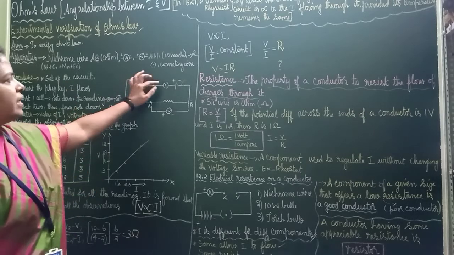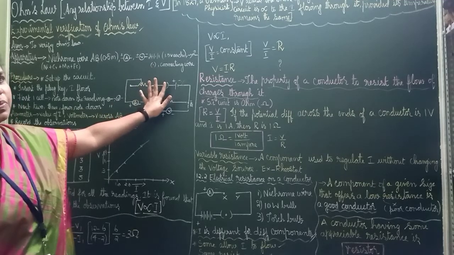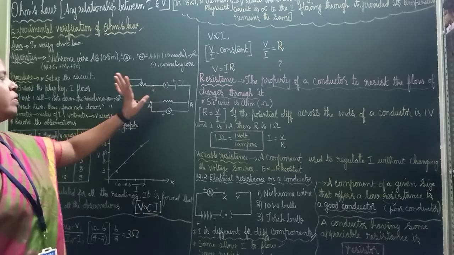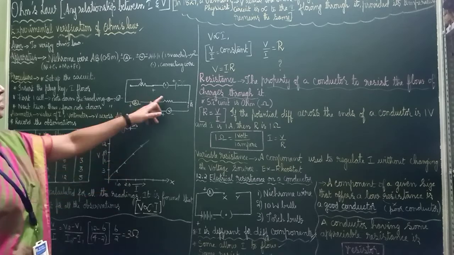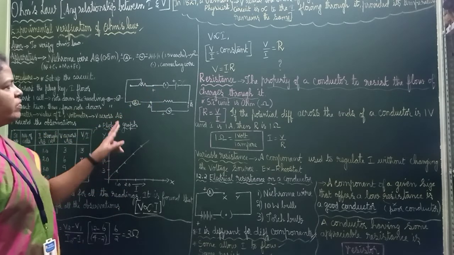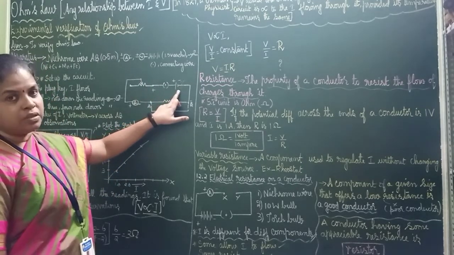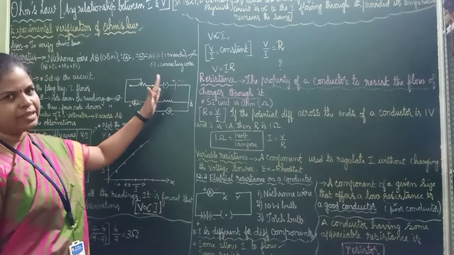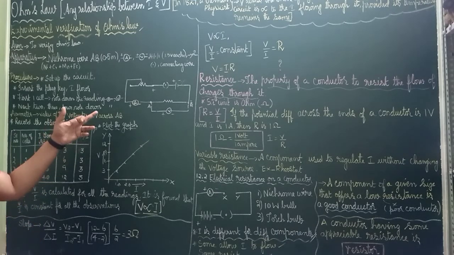Then you should insert the plug key. Usually we will not keep it connected. Whenever we want to do this experiment, we allow current to pass through, and at that time only we plug the key. Current will start flowing. First with one cell we are going to check. We will find the reading of the ammeter as well as the voltmeter. Then we will put two cells, then 3 cells, then 4 cells, adding one by one. When we do like that, we will come to know how the values vary.